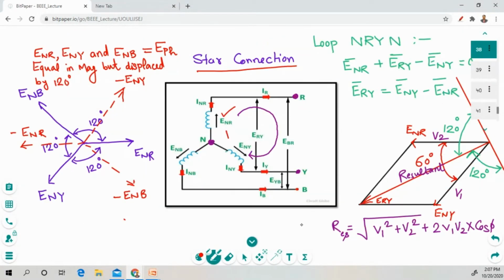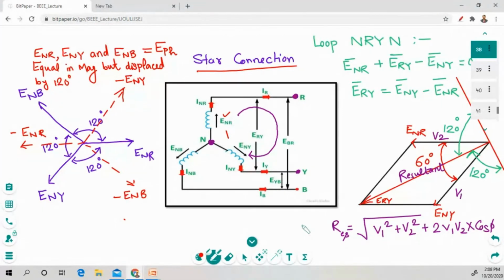Anything which is generated across this inductor or this wire is called a phase. So E and R is the phase voltage. Now what is I and Y? As you can see, this I and Y is flowing through this wire. What is the phase current and what is the line current? We have denoted all the voltages and the currents according to the notation.